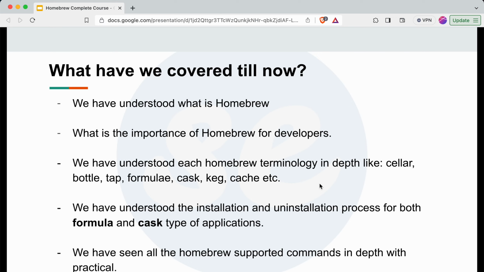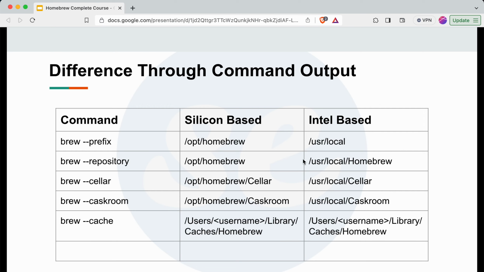Then we also understood the uninstallation process. We saw how binary, library, and include files are stored and removed whenever we do installation and uninstallation. We have seen all the Homebrew supported commands in depth with all the possible practicals. So let's get back to today's topic.